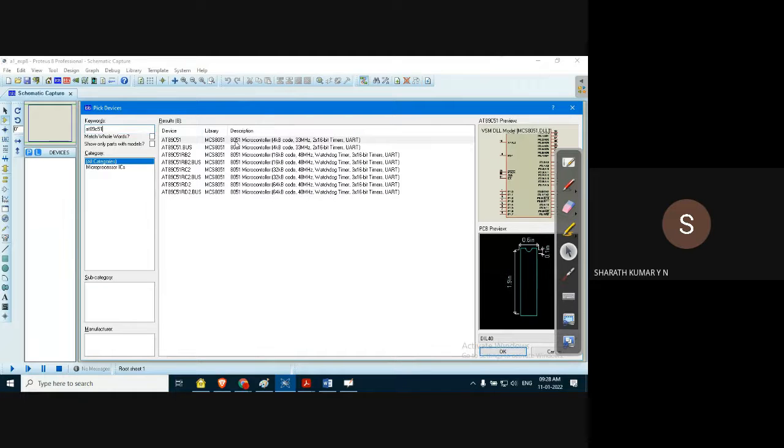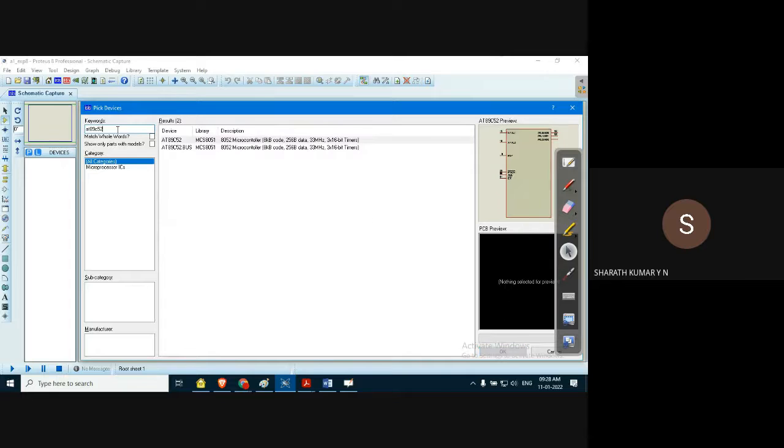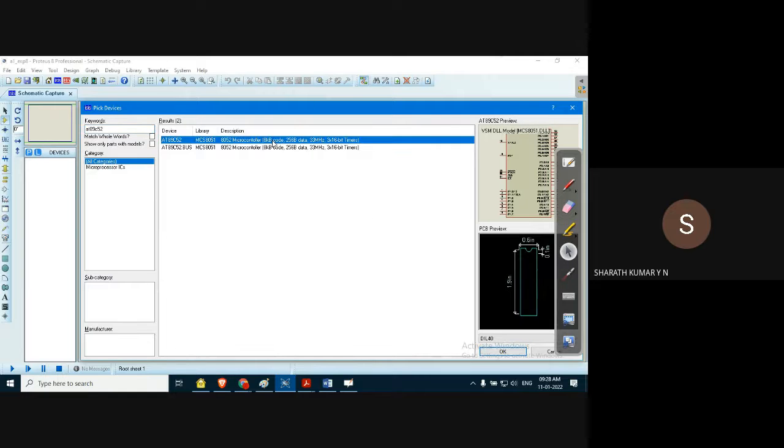The difference between C51 and C52 is that C51 has 4 kilobytes of memory, 33 megahertz, 2 timers and a UART module. C52 has 8 kilobytes of memory, 256 bytes of data memory, 33 megahertz, and 3 timers instead of 2.